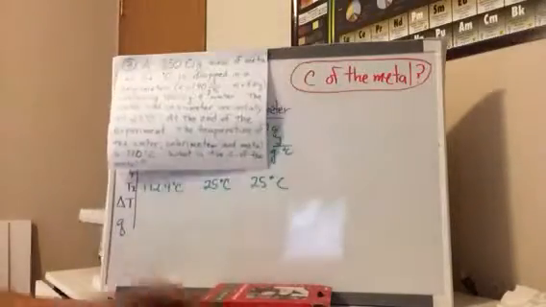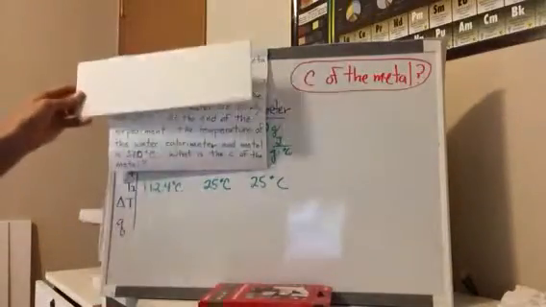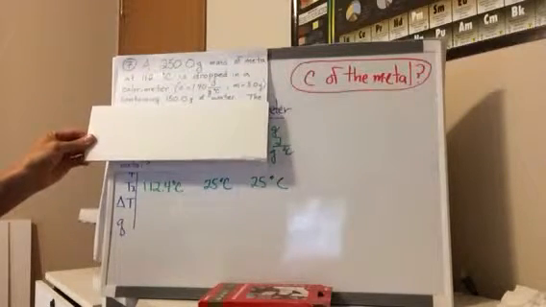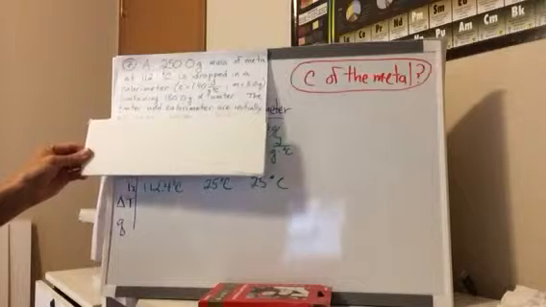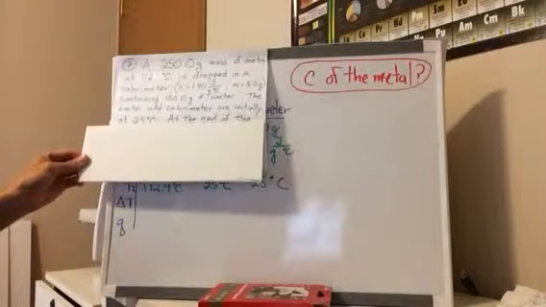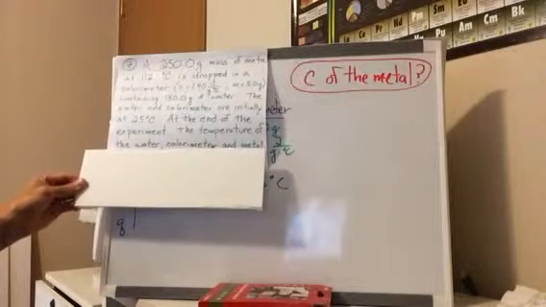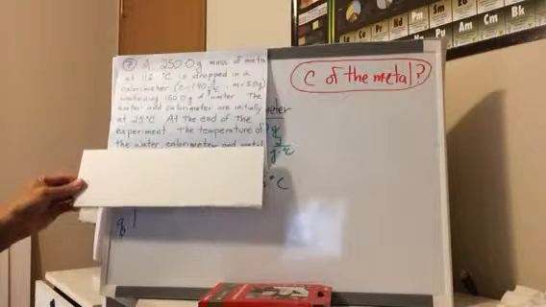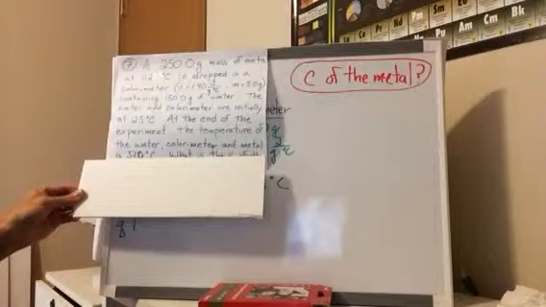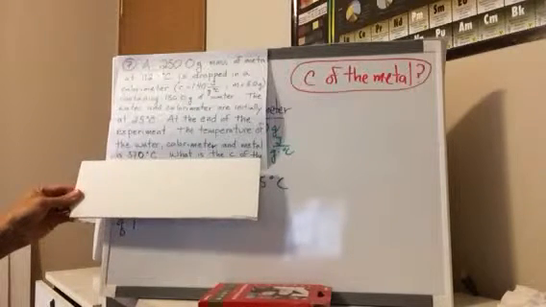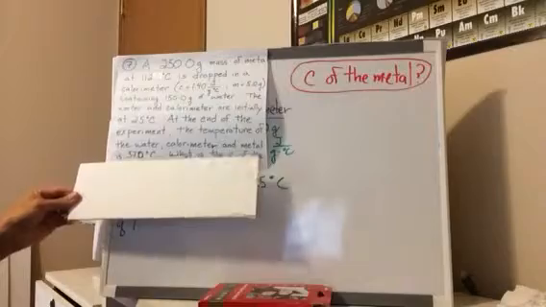And let's go back to our equation. We're working our way down. The metal was dropped into the calorimeter. That was the information. It had this much water. The water and the calorimeter started at 25 degrees Celsius. At the end of the experiment, the temperature of the water, calorimeter, and metal, and that's true in all calorimeters, we wait till all the temperature of everything, including the metal, arrives at the same temperature. We let it stabilize. And in this case, it stabilized at 37.0